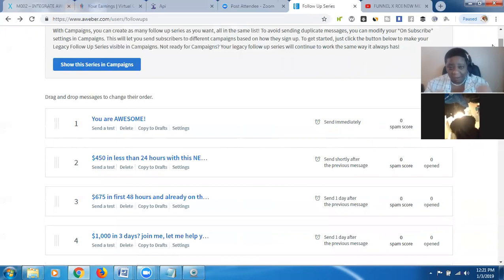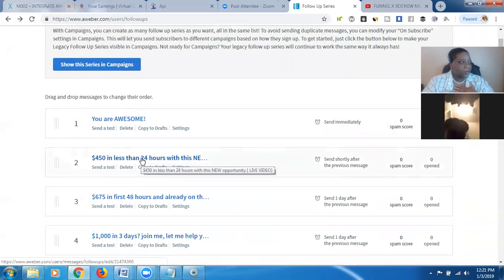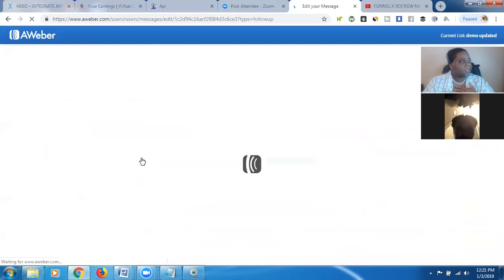That's your best bet, to edit those pictures out. And then with Aweber, you can actually add in other stuff, because this is now your sequence. So, you know, let me just show you one real quick so you can understand what I'm saying. You can add in stuff. Let me show you. Like this email here,